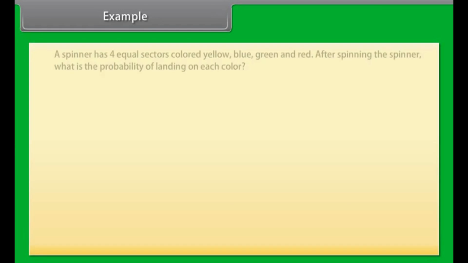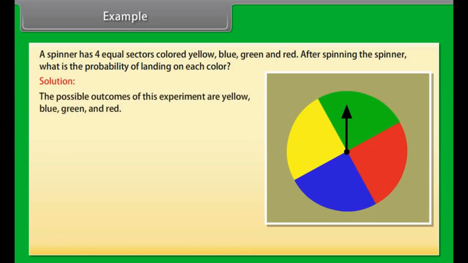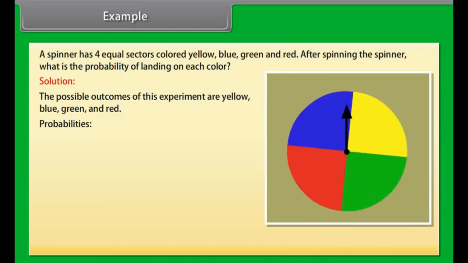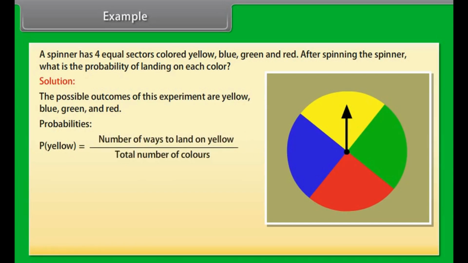Example. A spinner has 4 equal sectors colored yellow, blue, green and red. After spinning the spinner, what is the probability of landing on each color? Solution. The possible outcomes of this experiment are yellow, blue, green and red. Now let's find the probabilities. Probability of landing yellow is number of ways to land on yellow by total number of colors, that is, equal